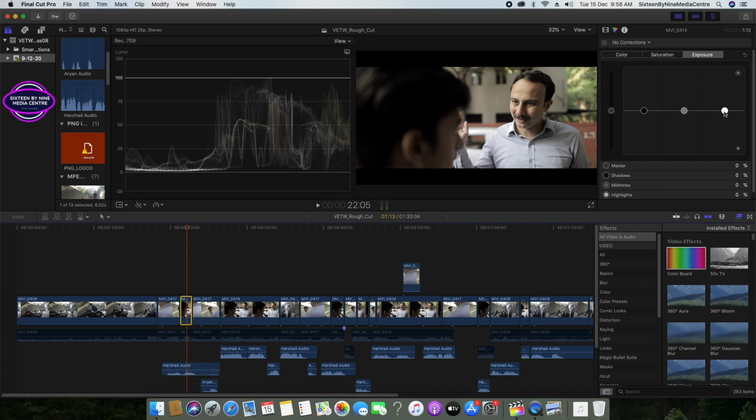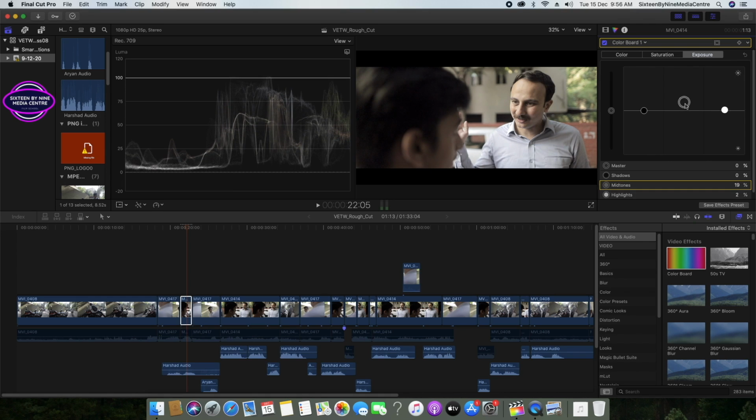So if we increase the highlight, you see some of the parts are going up. We don't want that. What we'll do, we'll increase the midtones a bit. Not much. This frame is okay, and this is a better clip than the previous one. So we don't need to do much. See what we have done? Yes. We'll reduce a little bit, not much. So this was the original, and this we have done. Okay, which looks decent over here.